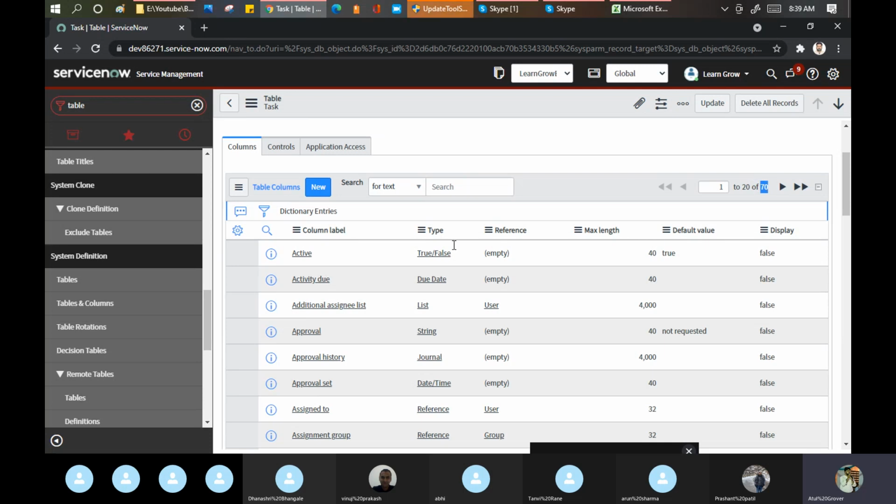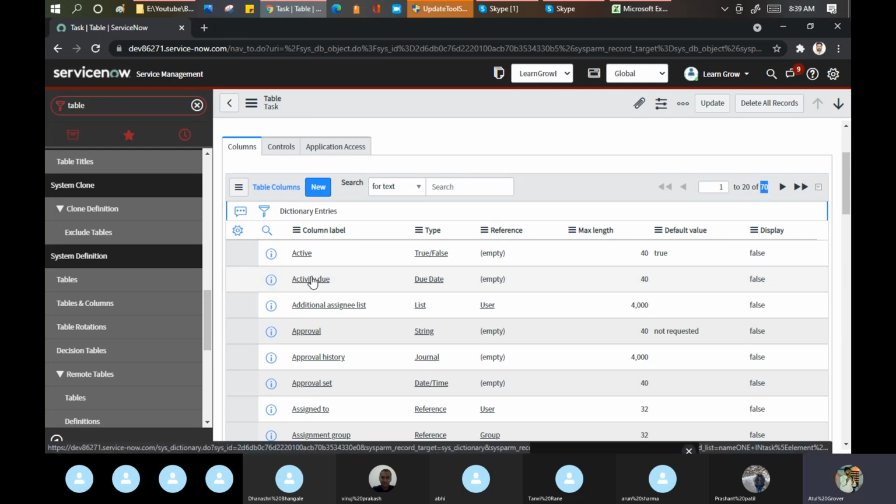It means if you use this table to create your own table, you get 70 fields free of cost, to use in your specific application or module.